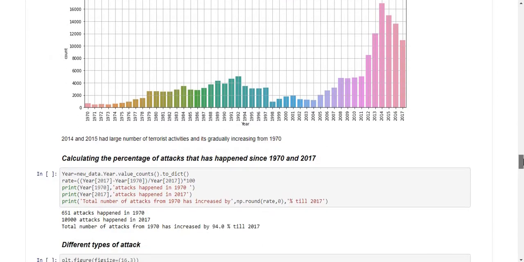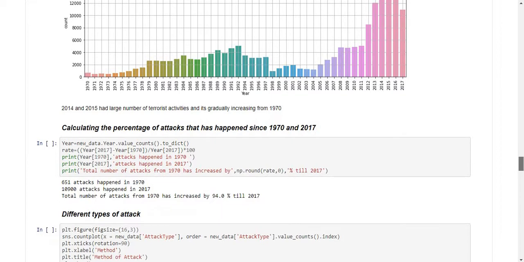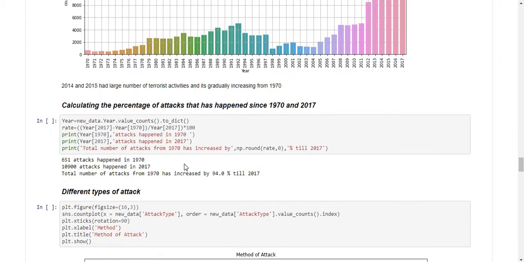Then we calculate the percentage of attacks that have happened since 1970 to 2017, and see 651 attacks happened in 1970, and 10,900 attacks happened in 2017. So the total number of attacks from 1970 has increased by 94% till 2017.